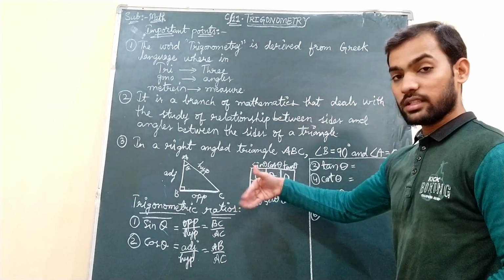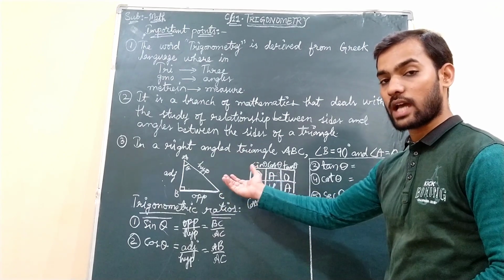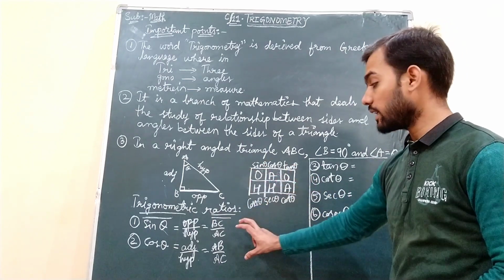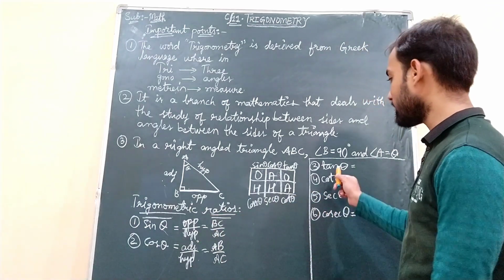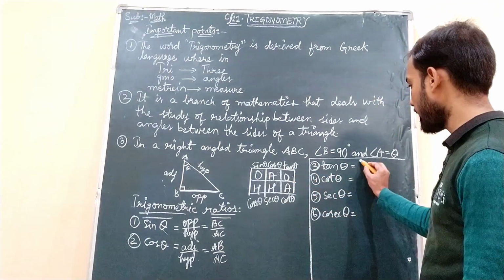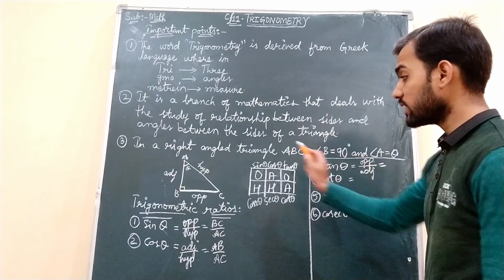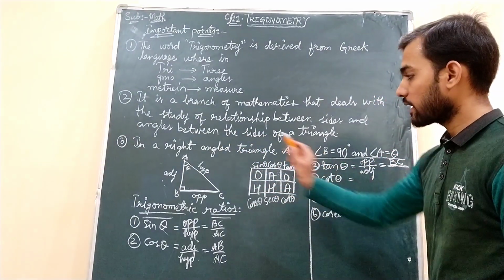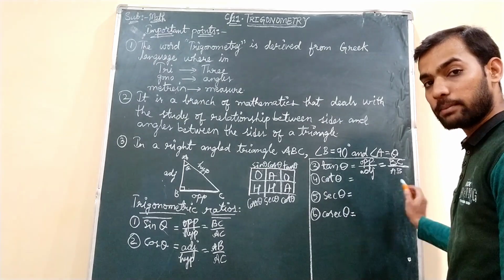Understand? Because in problems one triangle will be given, he will ask you to find out any of the side, or else he will ask you to find out sin theta, cos theta, any of the trigonometric ratio. So by just seeing the triangle you cannot decide until and unless you remember the formula. So sin theta, cos theta we have written. Now our third formula is tan theta. Tan theta is opposite by adjacent. Which is the opposite side in the triangle? BC and adjacent is AB. Understand students? BC by AB.